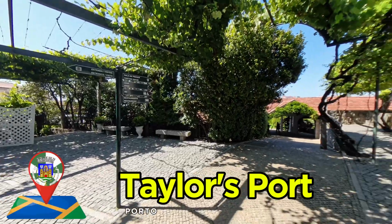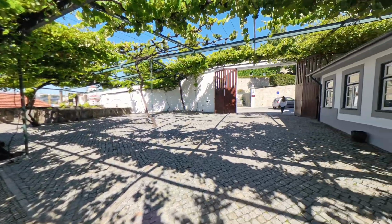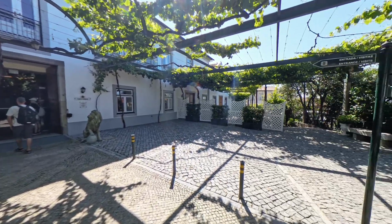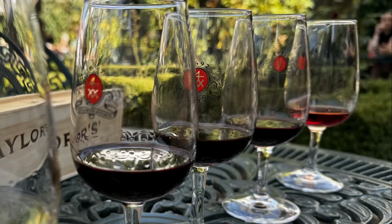Finally, the secret's out. This is what we were saving money for. We had an amazing port wine tasting experience here during our visit, and it was truly unforgettable. The people made all the difference in our experience. The staff at the wine restaurant were outstanding, and we want to give a special thanks to the waiter who